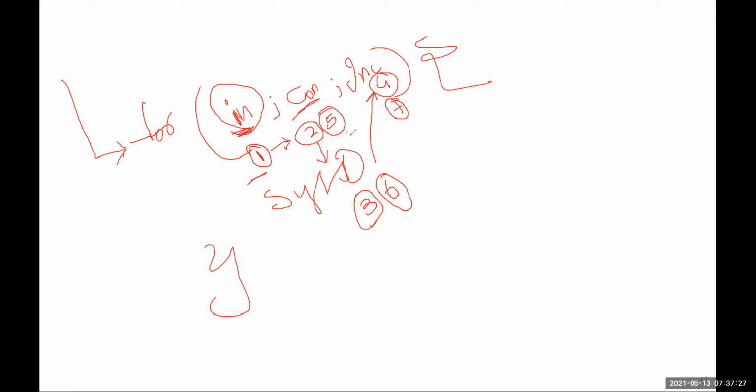Again it will check the condition, again it will perform the operation, increment, check condition, perform the operation, increment. Understood? So this is the flow. This is how a for loop is executed.